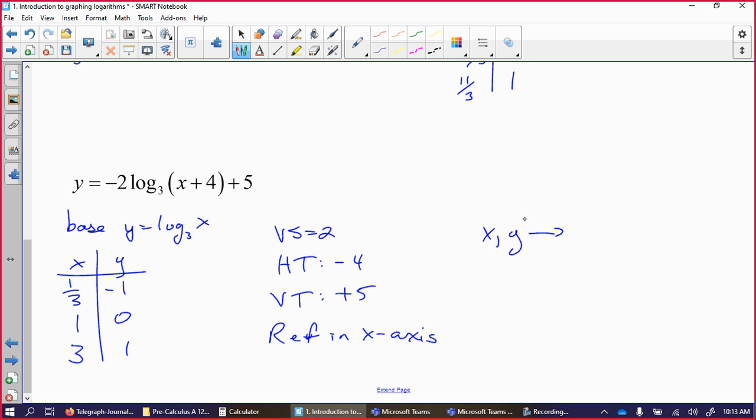So our mapping rule would be x minus 4, comma, negative 2y plus 5. And I'm not going to build that table because it's just going to get to be, well,